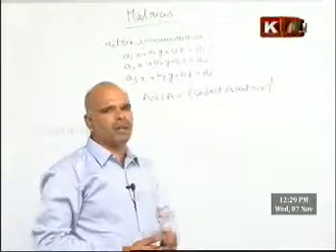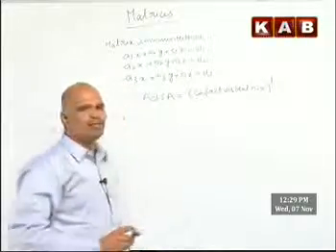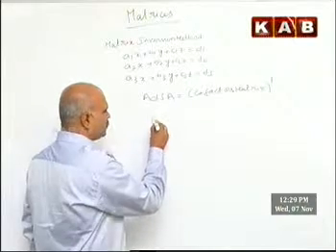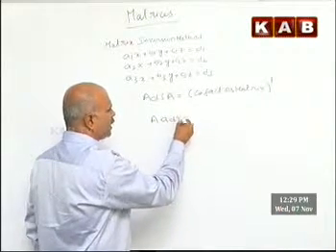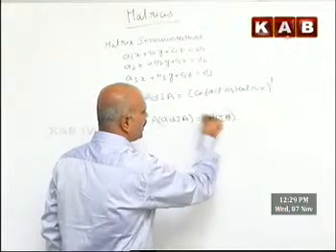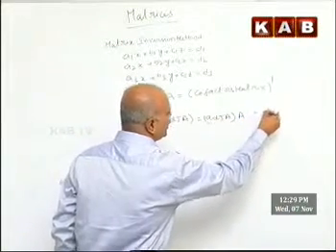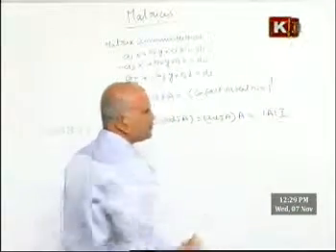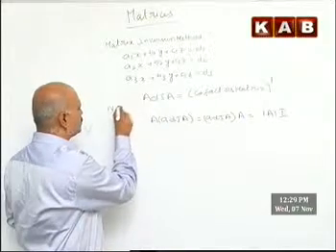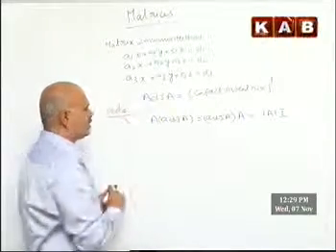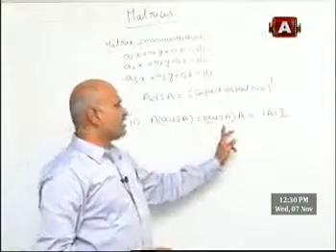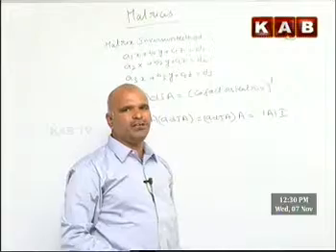Here two important points I am going to discuss, and these are very very important in 2 marks questions also. You remember one thing: A into adjoint A is equal to adjoint A into A is equal to det A into I, determinant of A into identity. These are the notes. It's very very important. You remember this part. It's the first note.